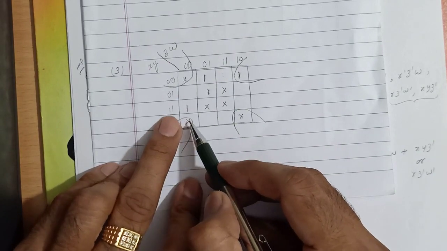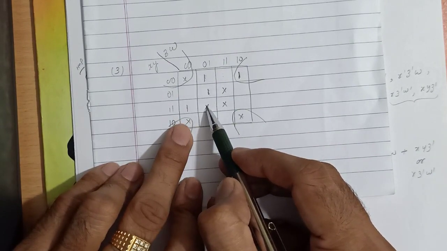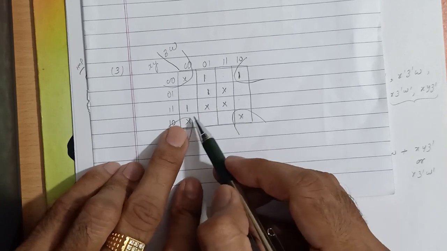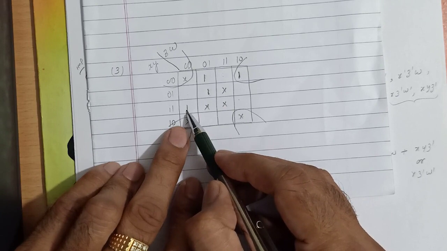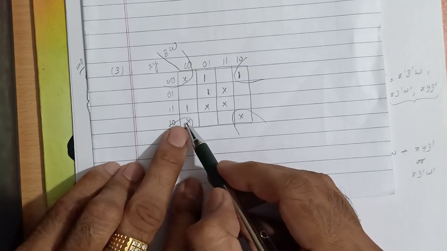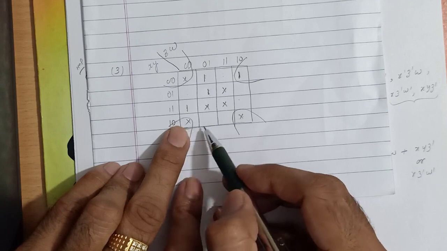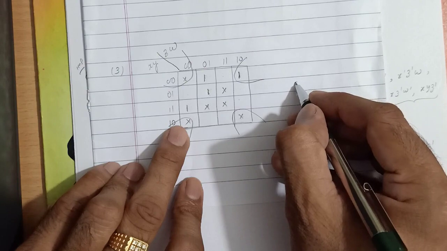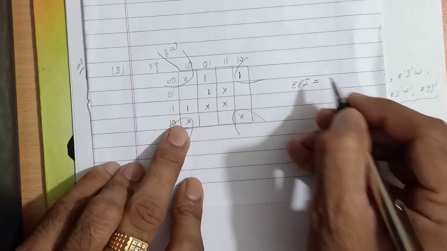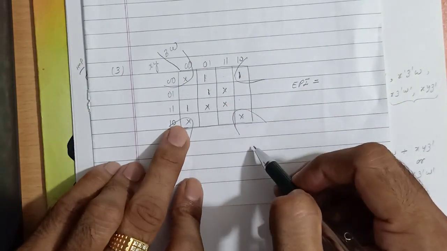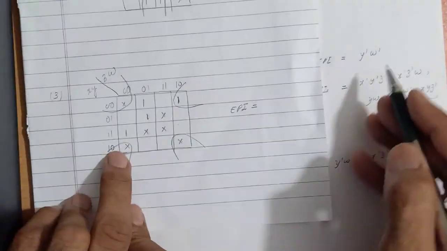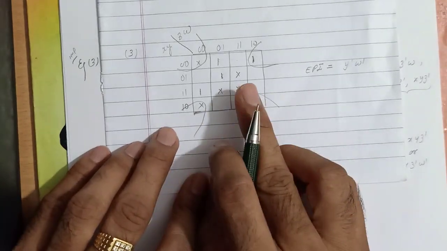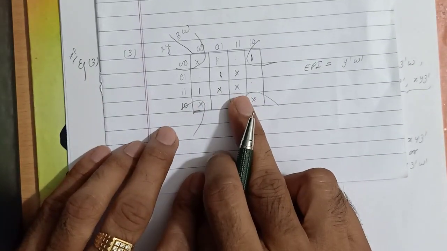Also for this one, this is the neighbor, this is the neighbor, this neighbor is absent, and here the neighbor is absent. So these two are the neighbors of this one. Okay, so we cannot cover these two neighbors using a single term. So this one will also not give any essential prime implicant. So there is only one essential prime implicant here. So what is corresponding to these four? That is y dash w dash. Okay, so there is only one essential prime implicant.